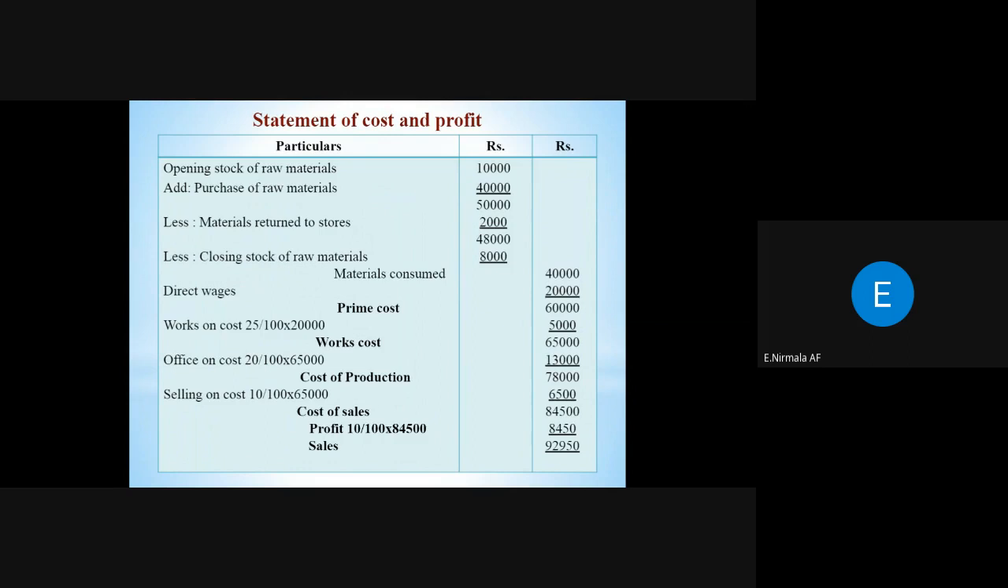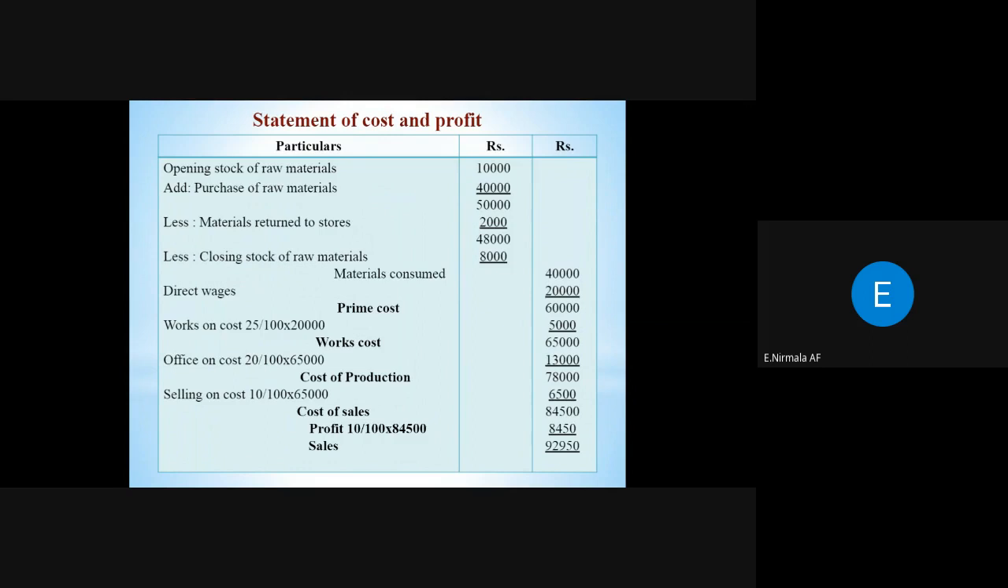After that, we have to add office overhead. Here we have to find out office overhead on the basis of work cost. So work cost is 65,000 into 20%. Then we will get 13,000. That is office overhead. Then cost of production is 78,000. After that, we have to add selling overhead. Selling overhead is 10% on work cost. So work cost is 65,000 into 10%, 6,500. So cost of sales is